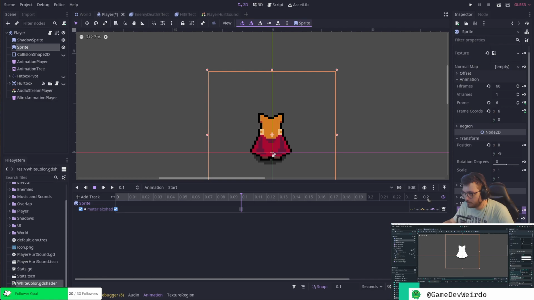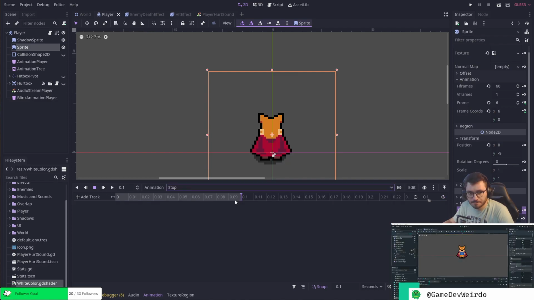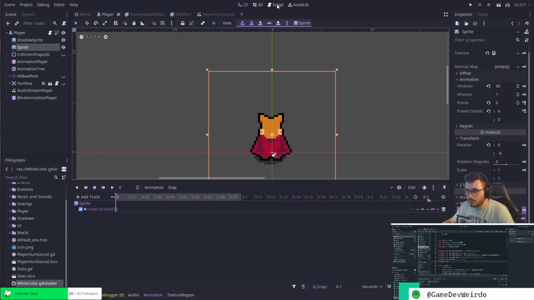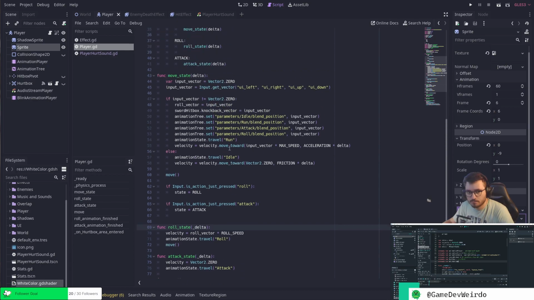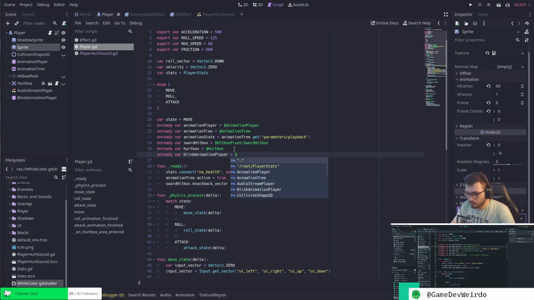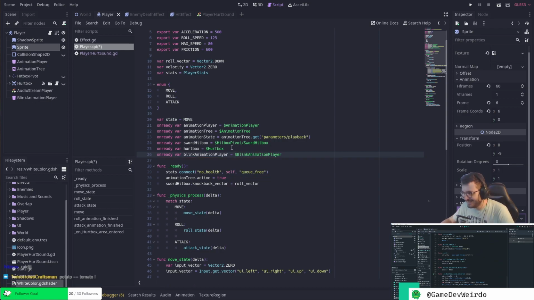And we want to come to our stop animation, and on the very first frame, we'll just key active as false. There we go, we'll save that. Now we can come into our player script, and we can get access to our new animation player. On ready, var blink animation player equals blink animation player, like that. Let's clear this, get rid of our output. We can come down here, and we could set the blink animation player here manually, but